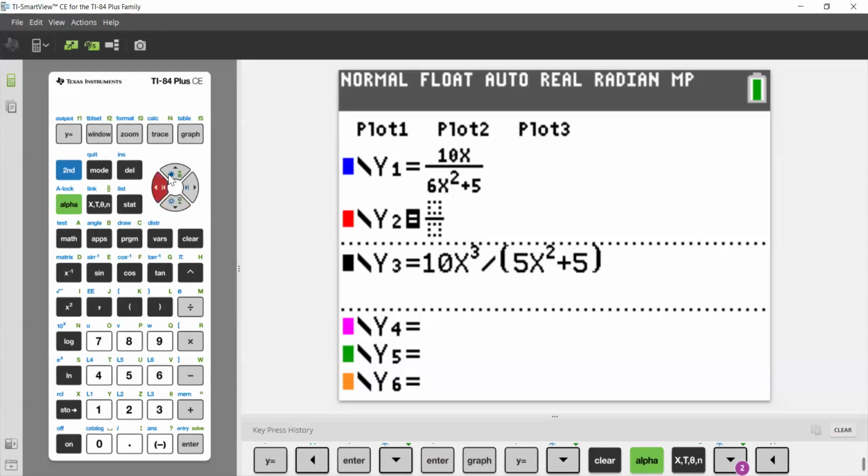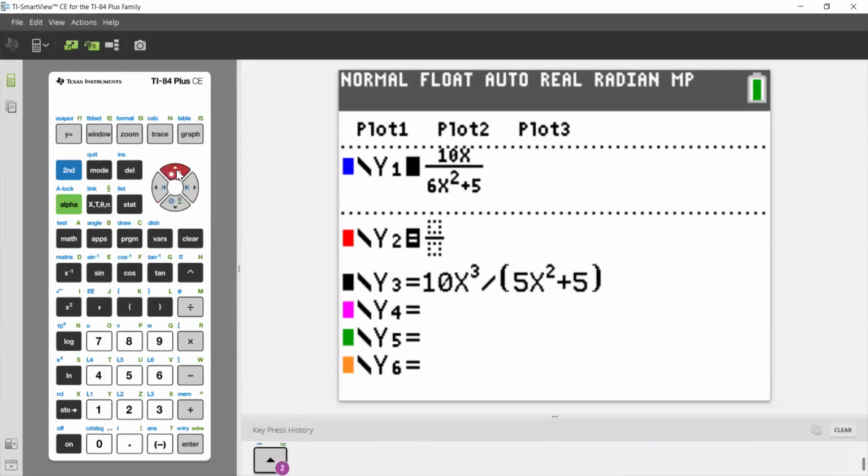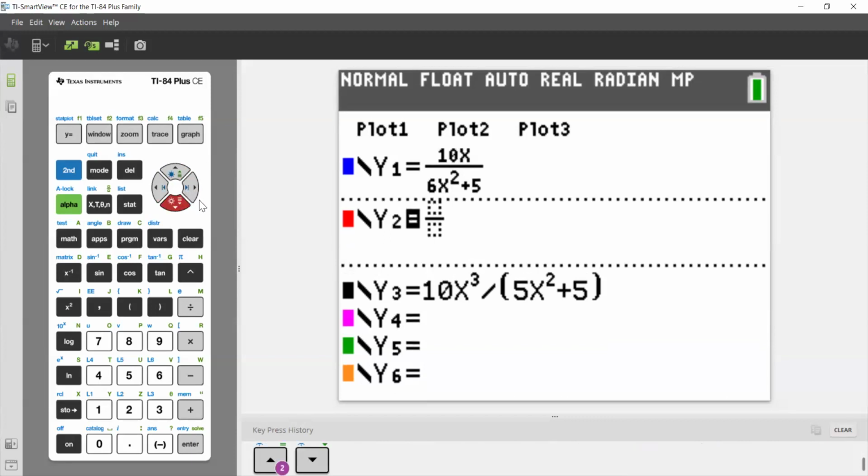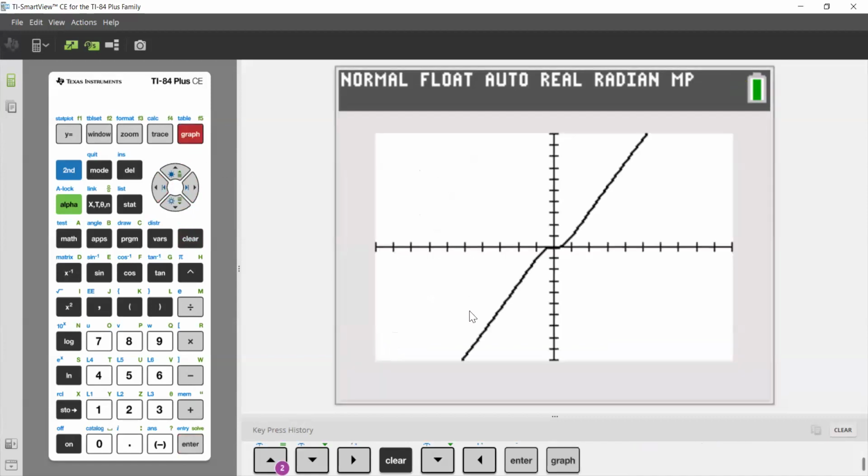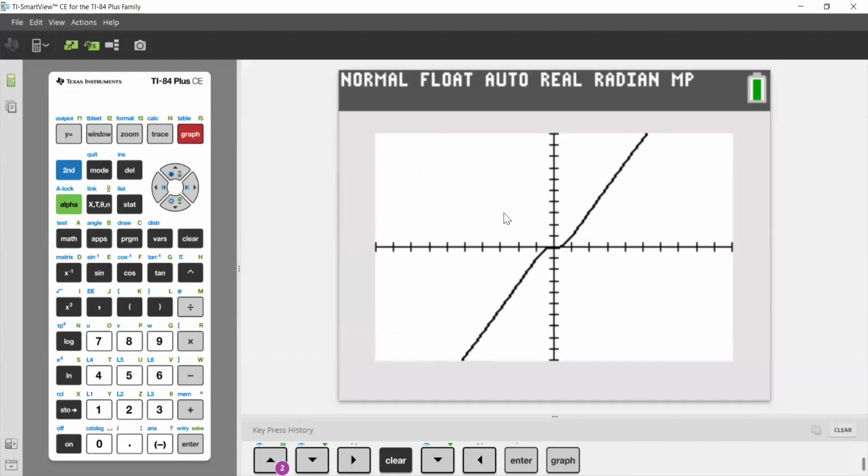Let's go ahead and clear this out and graph the third equation. You can see there is no horizontal asymptote. There's no straight horizontal line that the graph is trying to approach. It does look like it has a slant asymptote, but we won't look into that. We'll only look at horizontal and vertical asymptotes for this section. Let's go back to the page